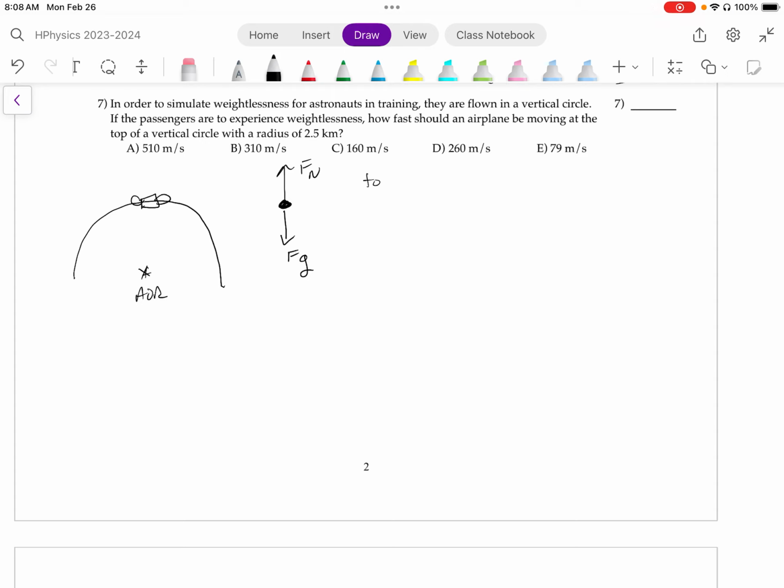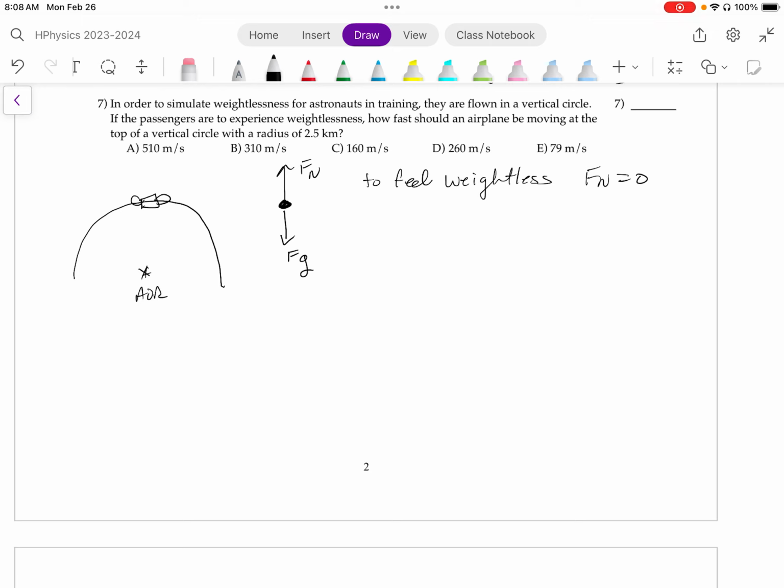To feel weightless, I need force normal to go to 0. So the faster and faster you go up and over a hill, the more and more you feel like you're coming out of your seat. And if you're going fast enough, you'll actually come out of your seat. And so,